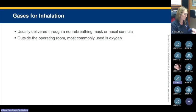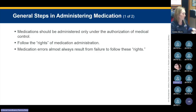So let's talk about general steps in administering a med. Medication should be administered only under the authorization of med control. Okay. You're going to follow the rights of medication administration, and you will need to know these rights, period. So we're going to go through those real quick. I think it's on the next slide, maybe. It seems like it's a slide somewhere, or a table somewhere in your book,